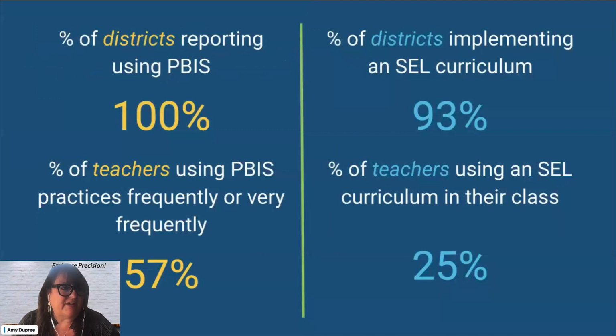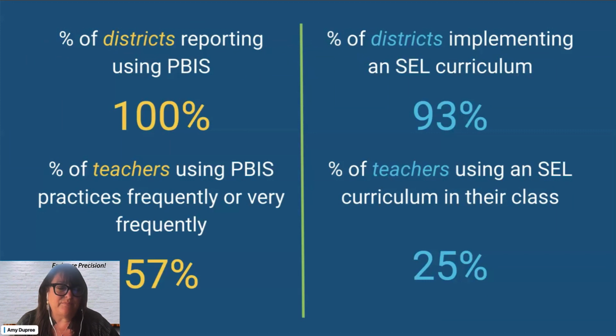The Education Advisory Board conducted surveys of 41 districts, and these districts ranged in population from 2,000 to 50,000 students of very diverse backgrounds and settings. And while all of the districts reported implementing PBIS, only 57% of their teachers reported using PBIS practices frequently in their work. And given that the success of PBIS is a predictor of consistency, that's a huge disconnect of